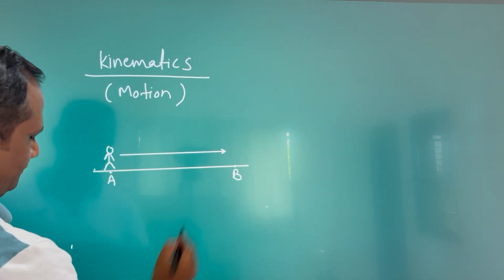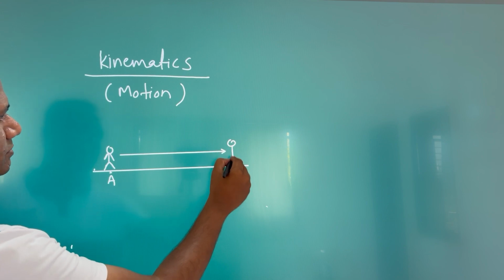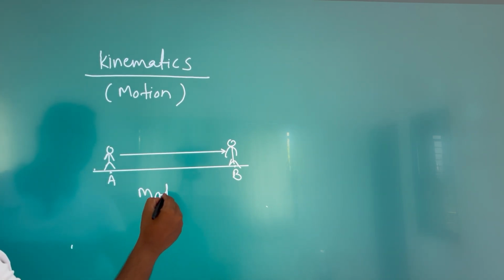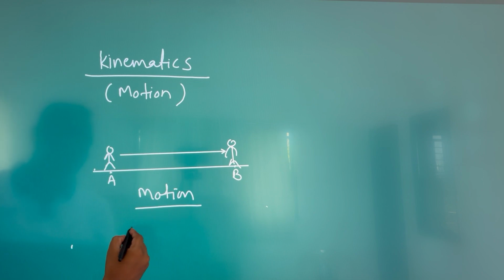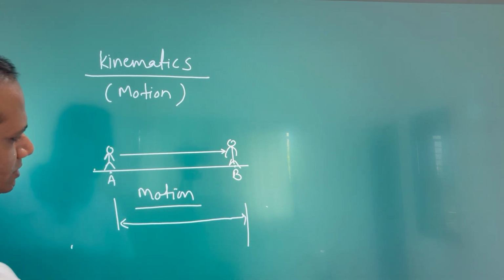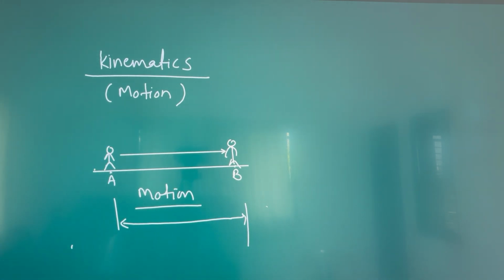to point B, if this person is moving from point A to point B, then this is said to be the motion. This person is said to be in motion, or here the person changes his position. म्हणजे त्या व्यक्तीने काय केली, त्याची पोझिशन चेंज केली पॉईंट ए पासून पॉईंट बी पर्यंत. Whenever there is a change in position from point A to point B, then